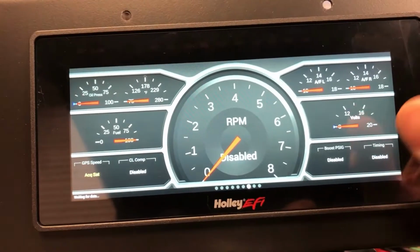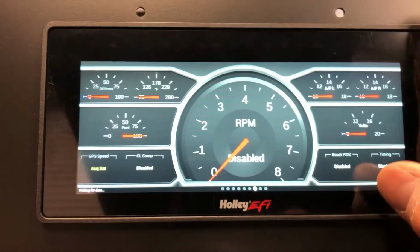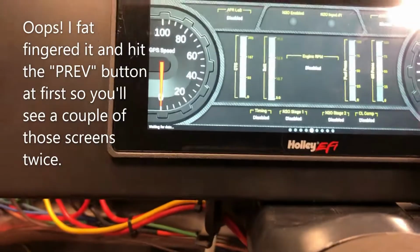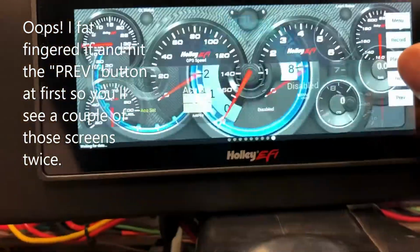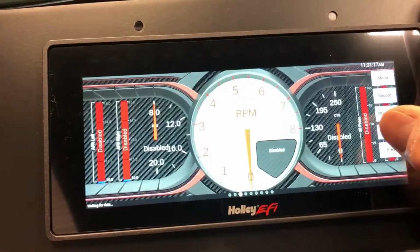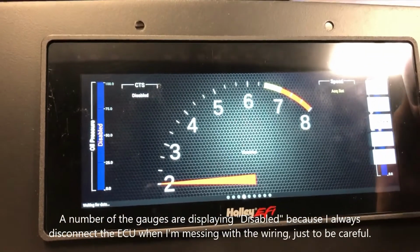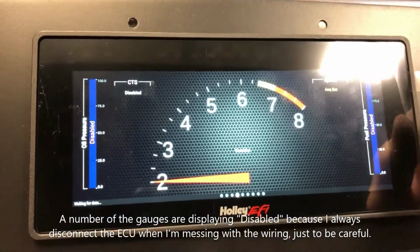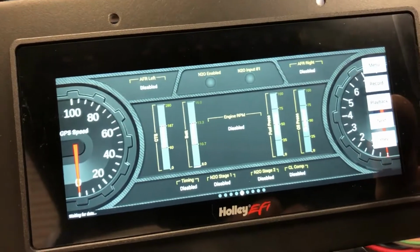But one of the super cool things about this dash is it's a touch screen. If I'm driving along, I can do this at any time when the car is running. If I hit the screen, this little menu pops up, and if I hit the next button, I can page through a handful of dash layouts, different gauge configurations, all kinds of different stuff that I can modify to display what I want. Here's one that's kind of cool for maybe a track day, which is just some basic engine monitoring functions and GPS speedo. Super simple, to these way more complex looking